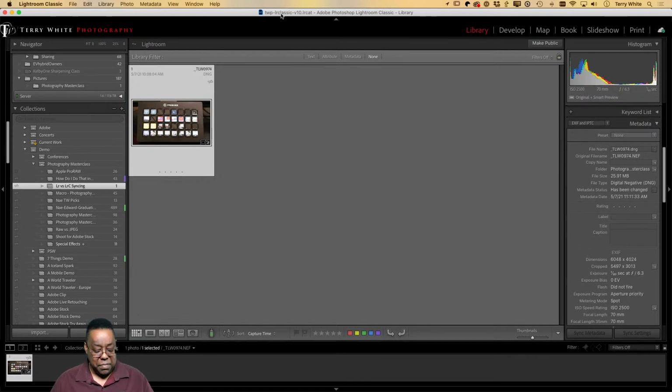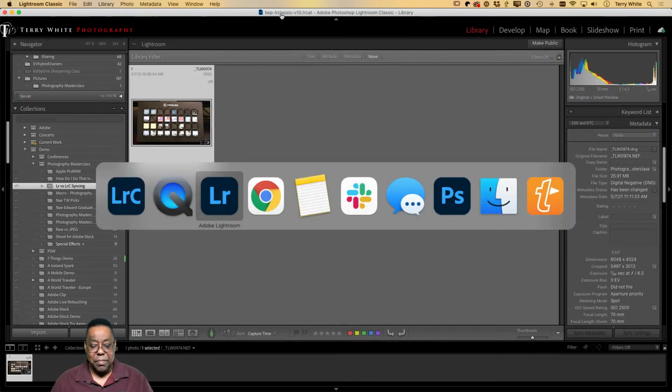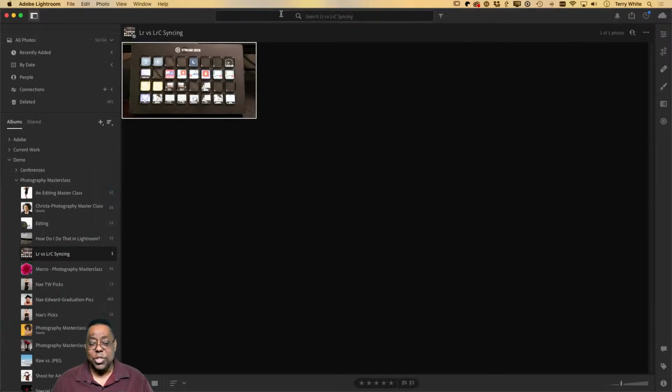So the team created a brand new version of Lightroom with a more streamlined interface. And this more streamlined interface has one advantage that Lightroom Classic does not. When you import an image into this version, it does sync the full resolution up to the cloud. Full resolution, not a smart preview, as big a file as it is, in whatever format it's in, RAW, proprietary RAW, DNG, TIFF, JPEG, whatever it is, gets synced up to the cloud.